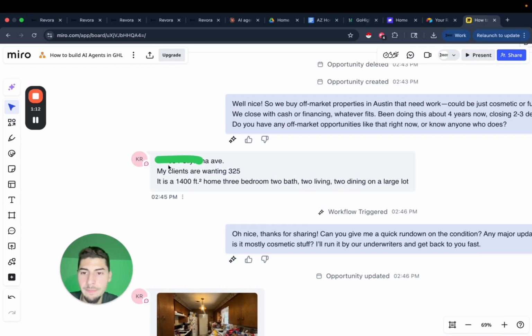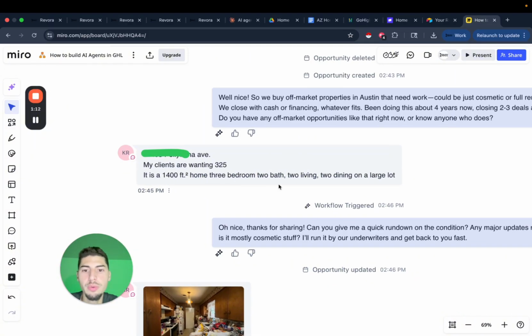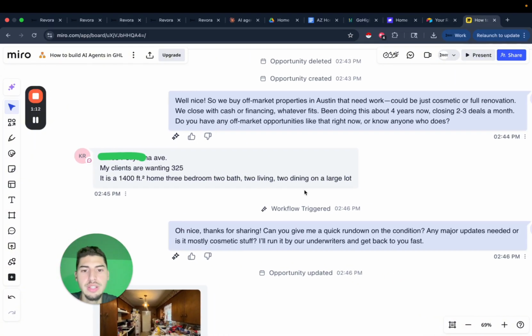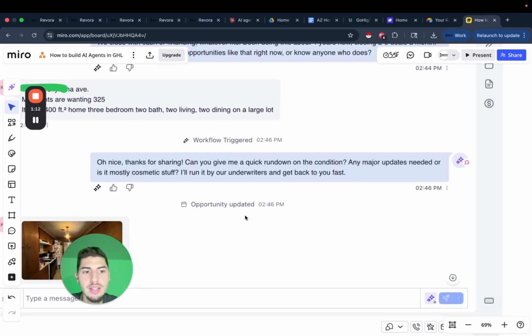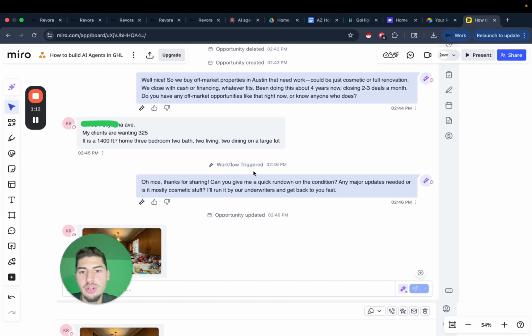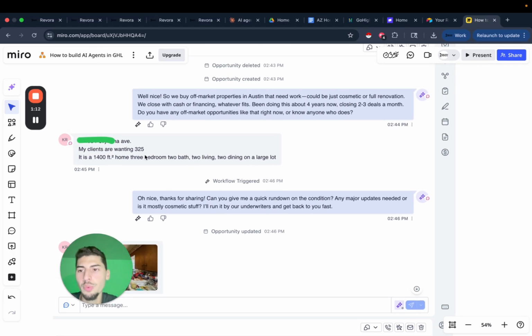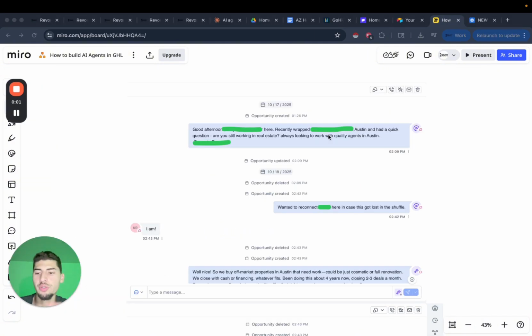Then they actually gave us a lead. My clients are wanting 325. It's a 1,400 square foot home, three bed, 2 bath, 2 living, 2 dining, and a large lot. Then the AI picks it up immediately, and it triggers an actual workflow to where it hands off the task to someone else. Now we're going to show you exactly what a full conversation looks like now that you've trained it properly,